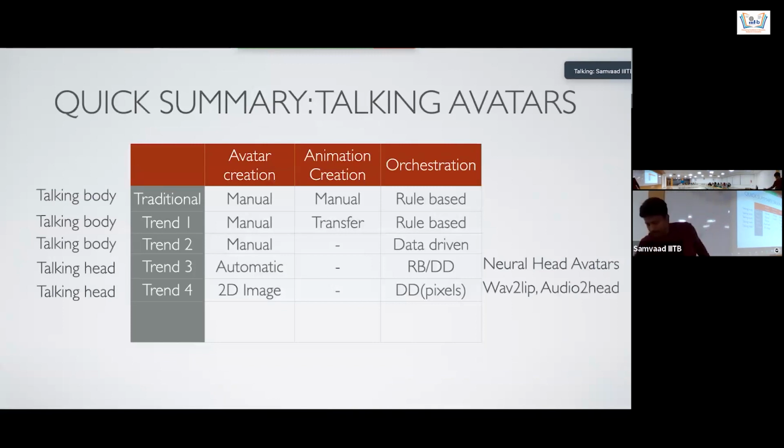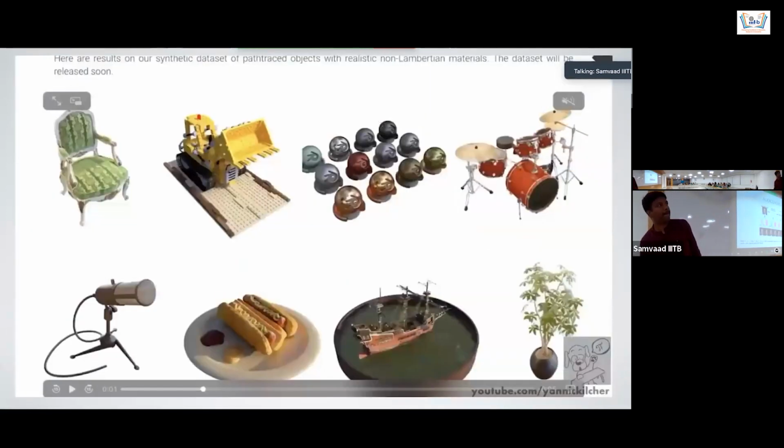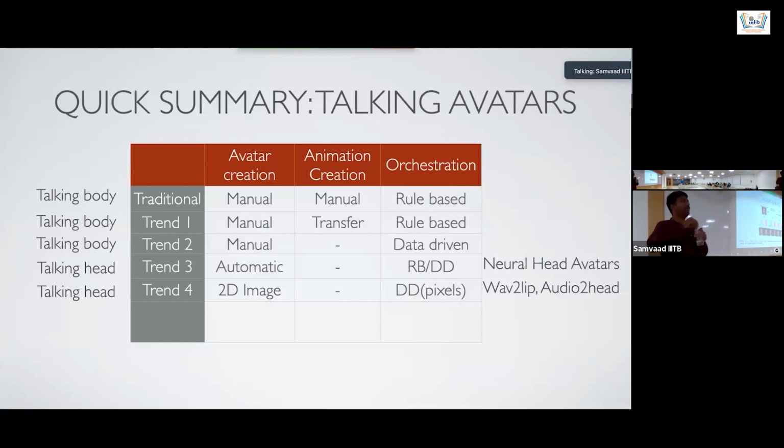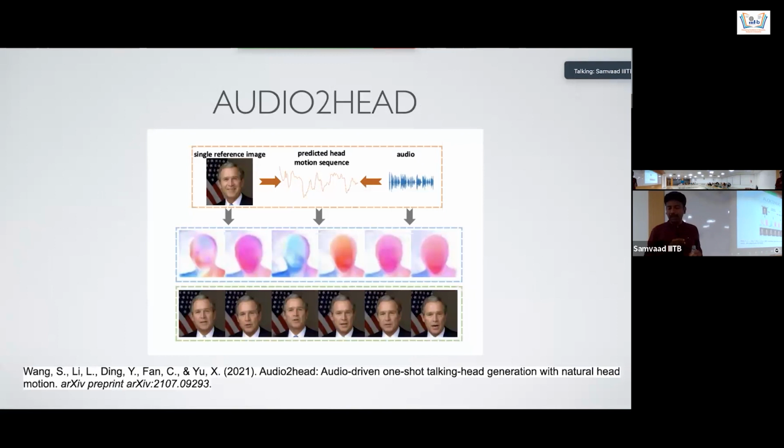So what is the last trend? Dinesh? Yes. One quick question. So for the earlier thing, which one? Yeah, this one. So for these kind of things, what sort of loss function do they use, is it CTC or? For the audio to head,